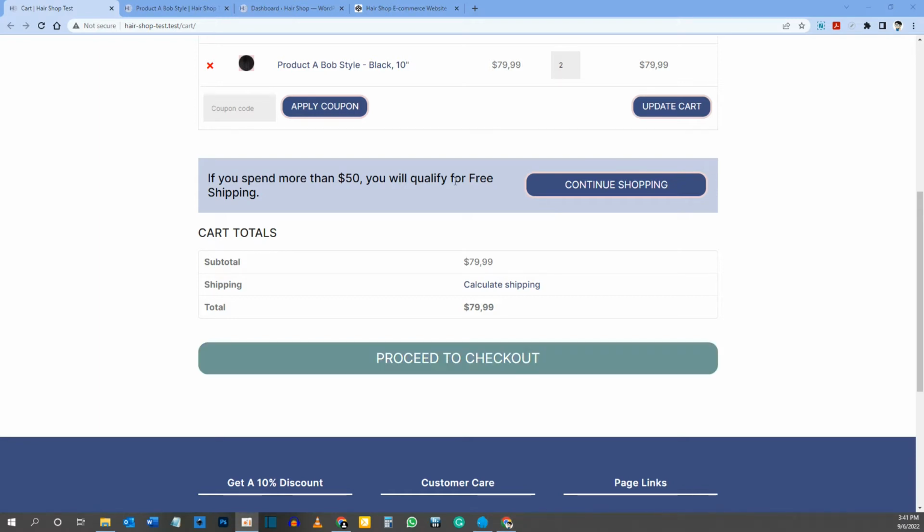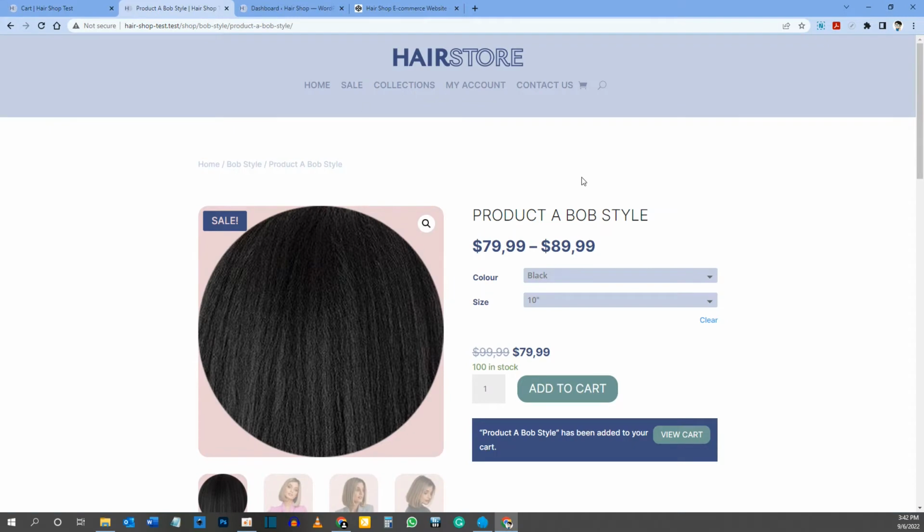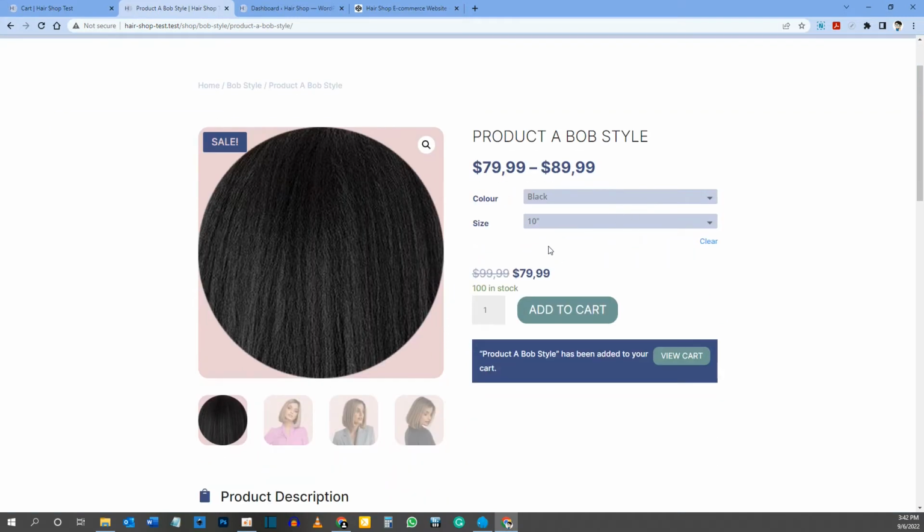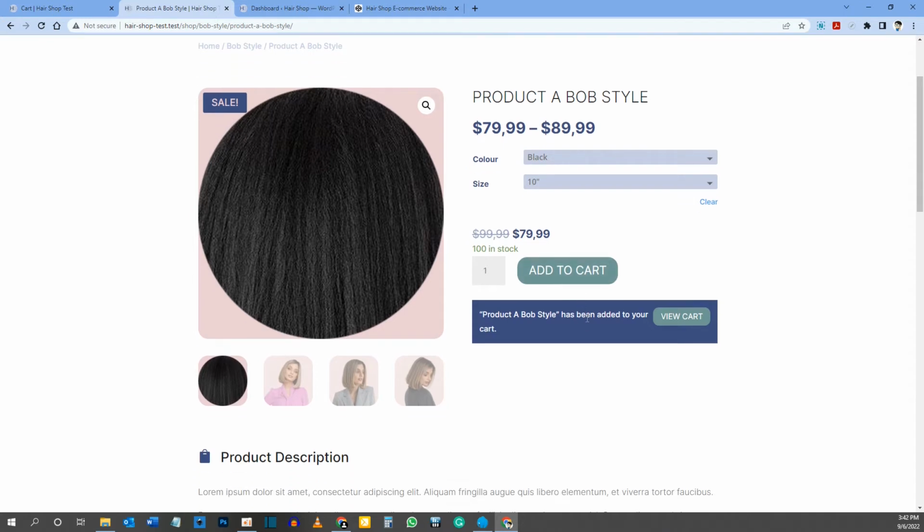Now, as per normal, I forgot something in the previous video. So I'm just going to come over to the product page, and I figured this out when I tried to add this to cart to show you what the cart page looks like. I forgot to add this section in the previous video where when you click the add to cart, this pops up and you can view the cart, or your customer can view the cart. So before we get started on the cart page, and my apologies for this, let's just quickly add this part